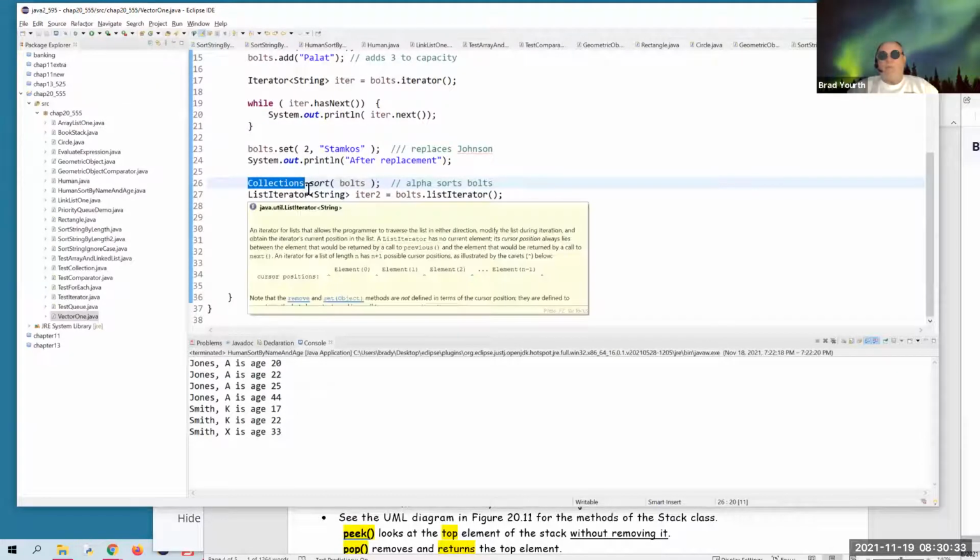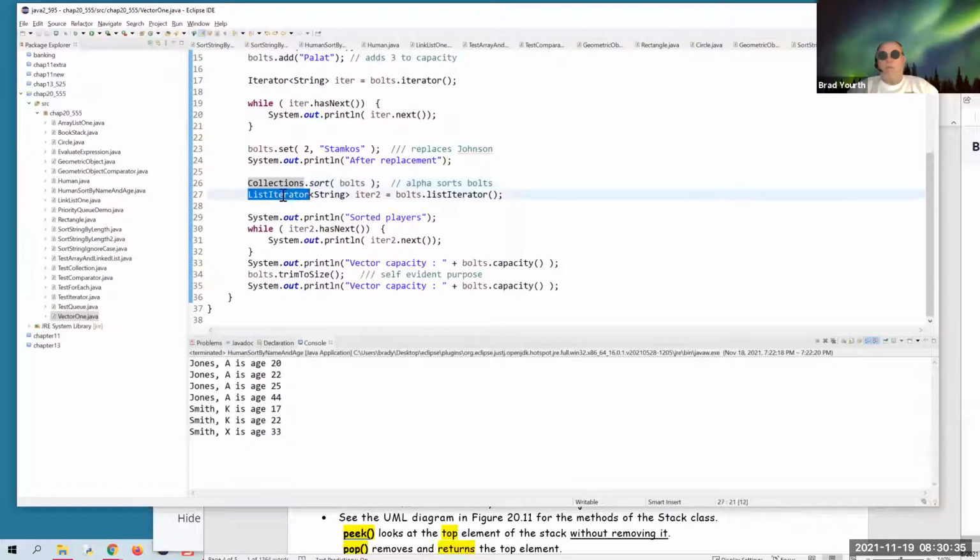But this isn't an ordinary iterator. This is a list iterator. So we'll use the list iterator to go through it, and the hasNext method. And then we'll report the vector capacity at the end. And then we'll trim it down to size. What trim to size does is it just gets rid of that excess capacity that you don't need. It'll trim it down to the number of elements that you have in the vector. So if we run that,